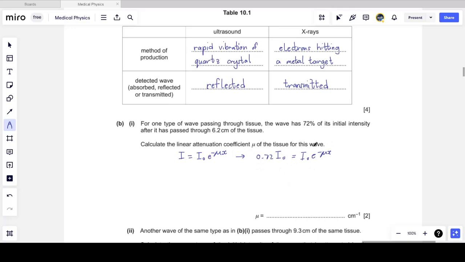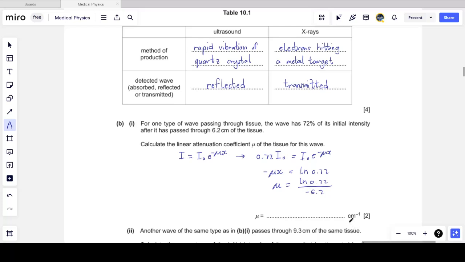I can see I naught disappears from both sides. I can then also linearize both sides. That is, I can take natural logs of both sides of this equation, and I get minus mu x is equal to the natural log of 0.72. So the attenuation coefficient mu is the log of 0.72 divided by minus x, which is minus